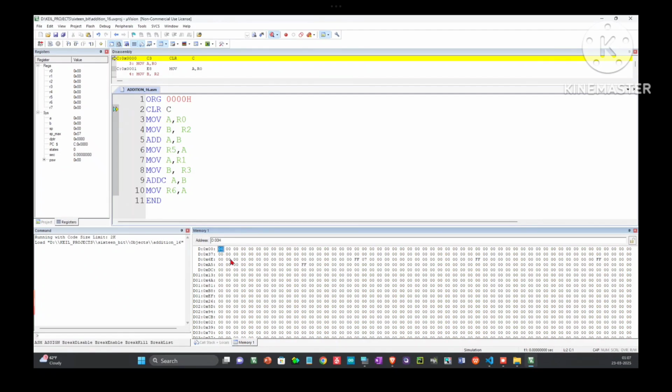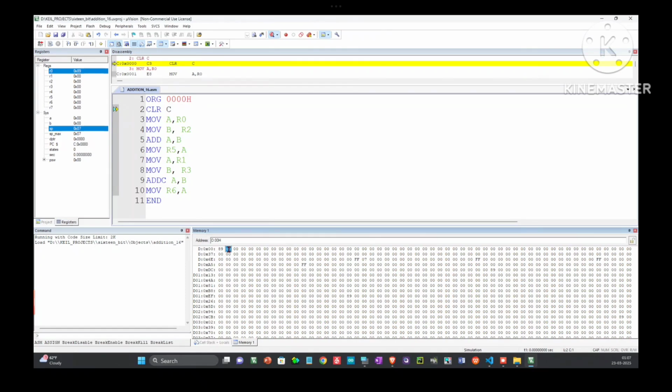The second register R1 is the upper byte of the first number, which is 67. This third register, R2, is supposed to contain the low byte of the second number, which is 93. The register R3 contains 12,